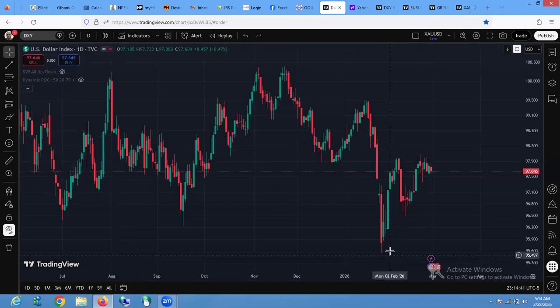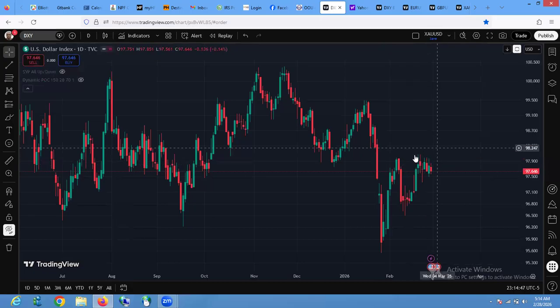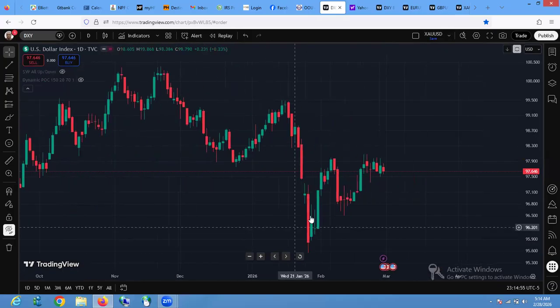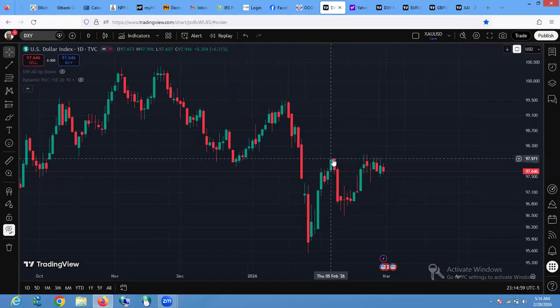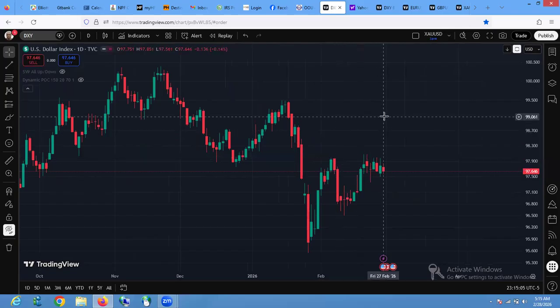Since this reaction had occurred, we are seeing price literally in the middle, not making upward surge and not falling. So what do I see here on the daily time frame? I still see that this is a correction to the upside, and we still need to see an equal movement to the upside.